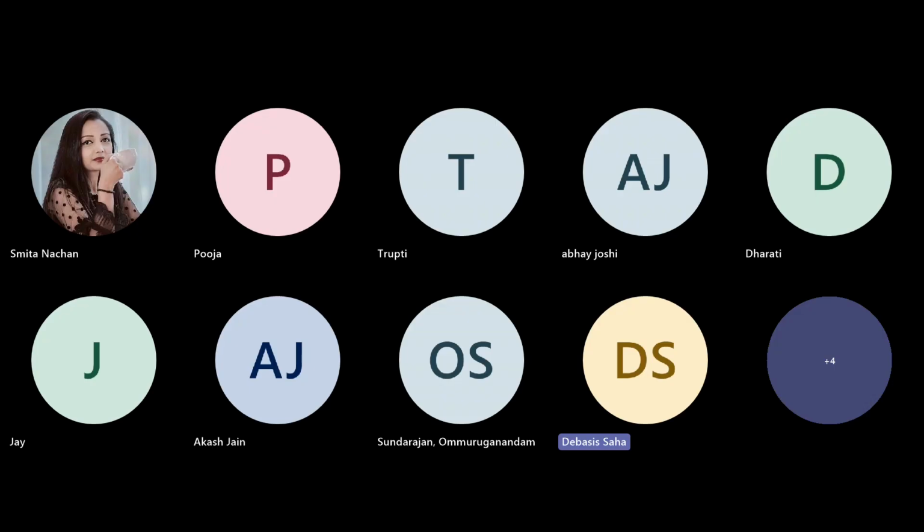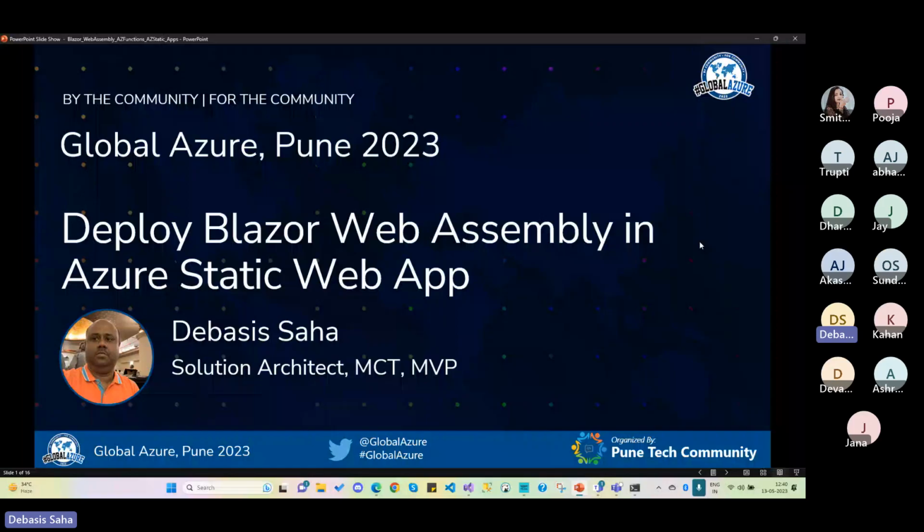Welcome everybody. So today in this session we'll mainly discuss the Azure Static Web App functionalities, or how we can use Azure Static Web App as a deployment platform. For this session's demonstration, we are developing a static web app application based on Blazor WebAssembly with the help of Azure Functions, and then we will deploy it in the Azure Static Web